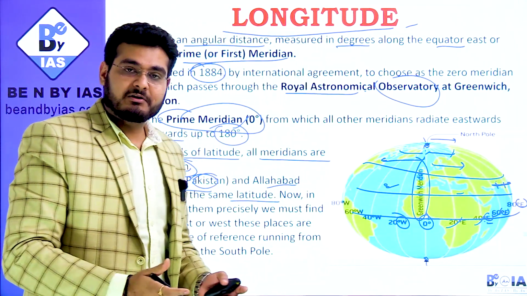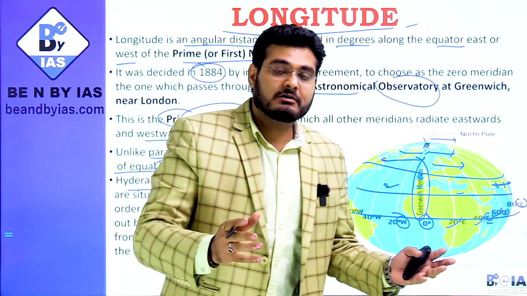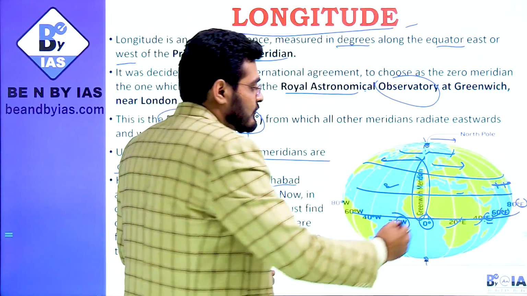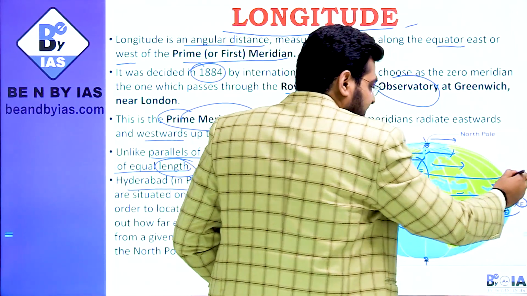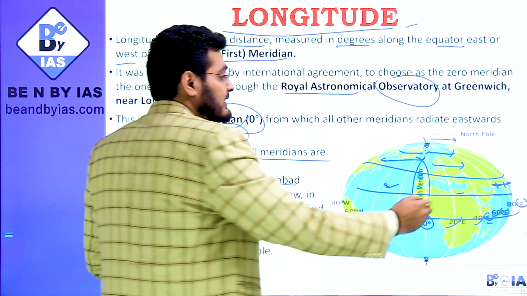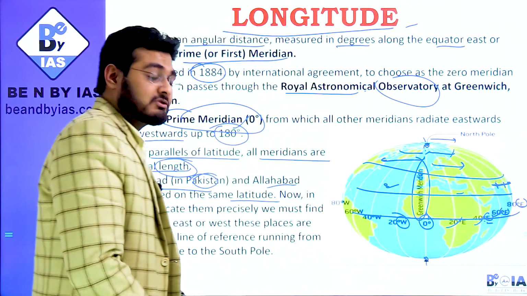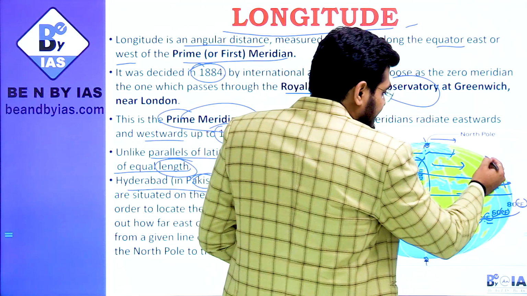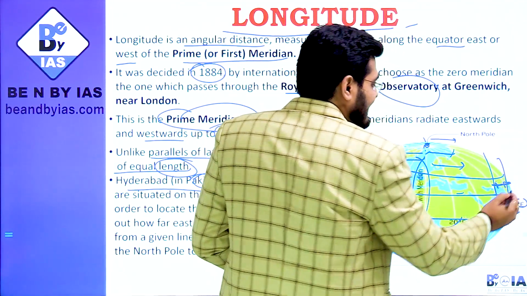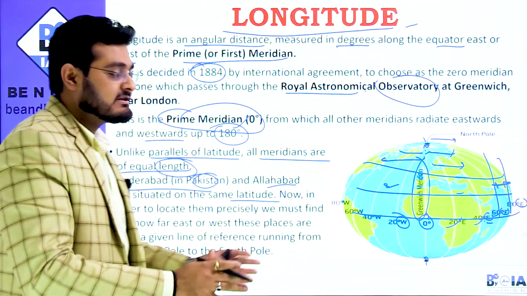So won't it be very difficult if you give only latitudinal degrees and you want to do a bombing on Hyderabad in Pakistan, and just because you have the latitudes and no longitude, you bomb Allahabad in India. That confusion can be removed only when we have longitudes also, as I have explained with the XY plane and all these things.